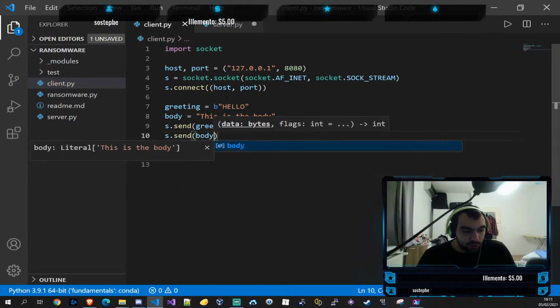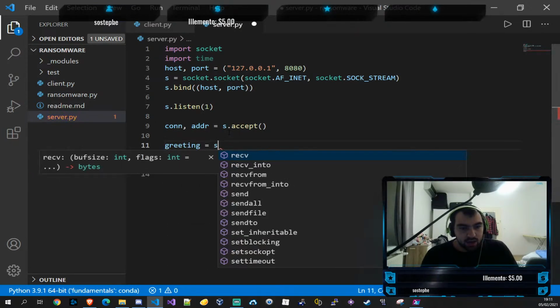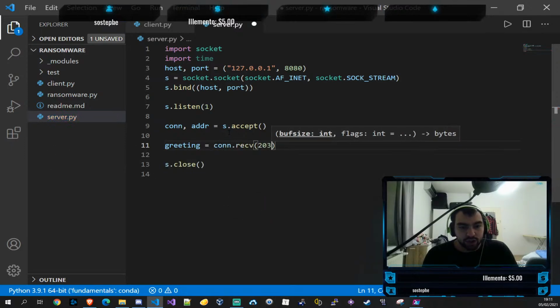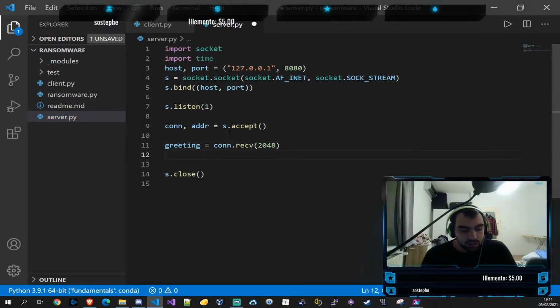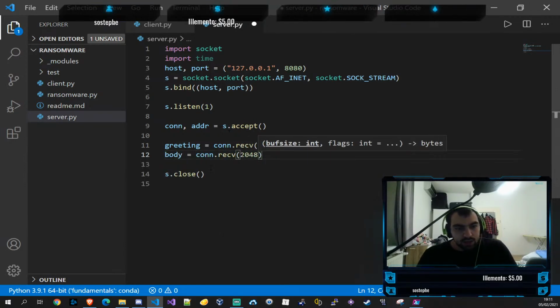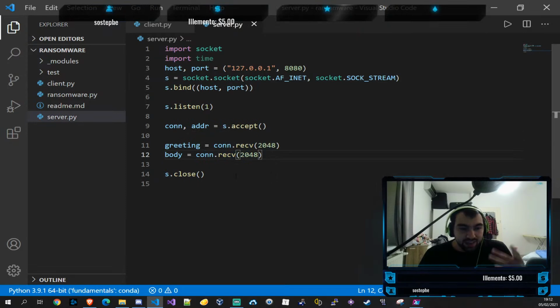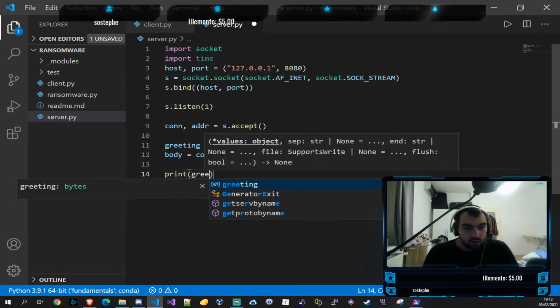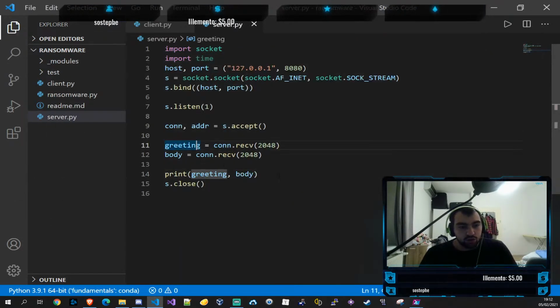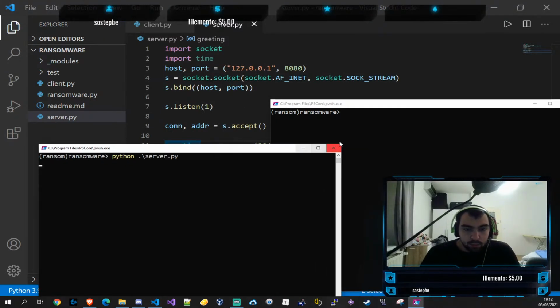You might expect, if you do things in this way, and on the server, if you receive it, so if you say greeting equals connection.receive 2048, and body equals connection.receive 2048. Since we're sending once, receiving once, sending twice, receiving twice, you might expect this to just print the greeting and the body correctly, right? But if you run this,